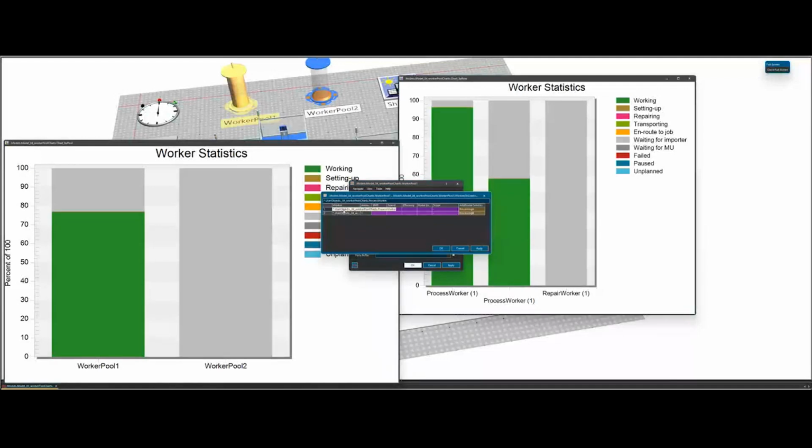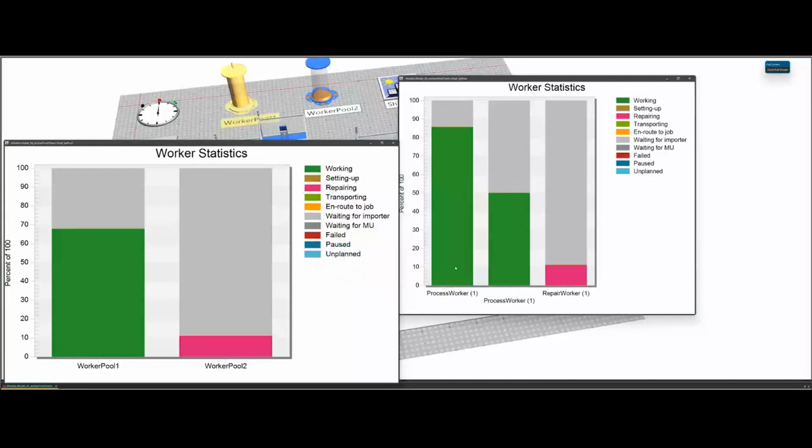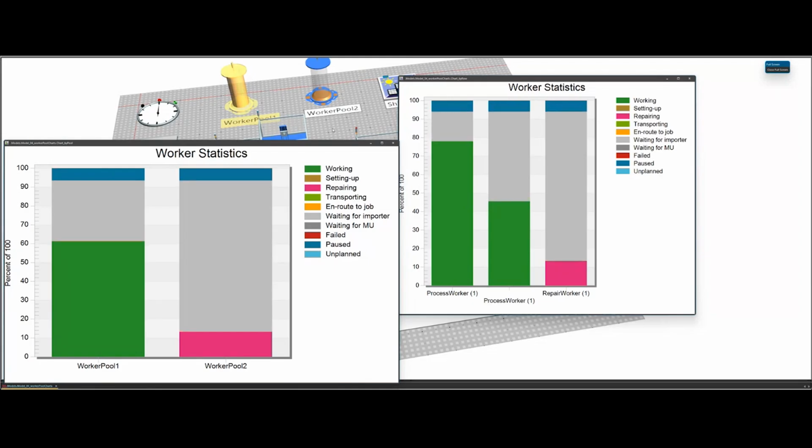So in this case, I have two lines with one worker each, so I get a separate statistics bar here. And you see now in the background, one of the guys had to start working because worker pool 2 is a repair worker. So now there was a failure and he did some repairing.